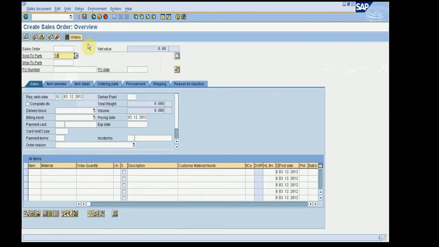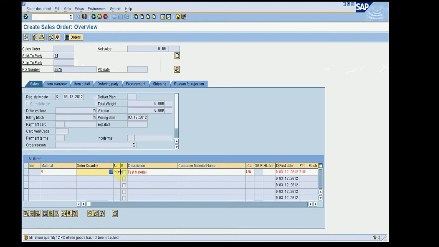entering customer, material, and I'm going to add a quantity of 10 and PO number 5575, pressing enter. Here you can see an information message: minimum quantity 12 pieces of free goods has not been reached. It is just an information message informing that this material has a free goods scenario in it.